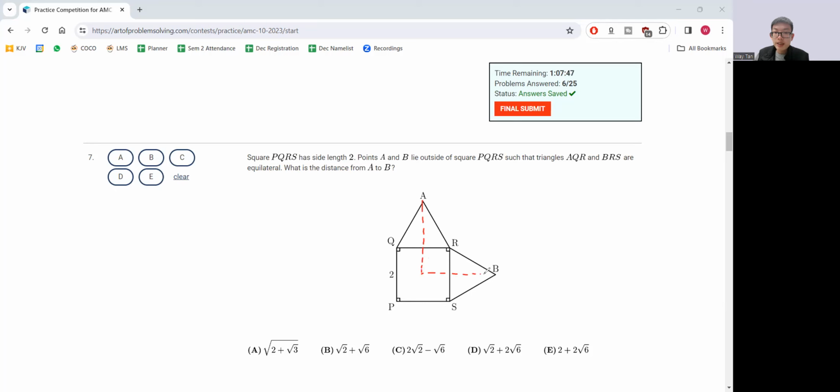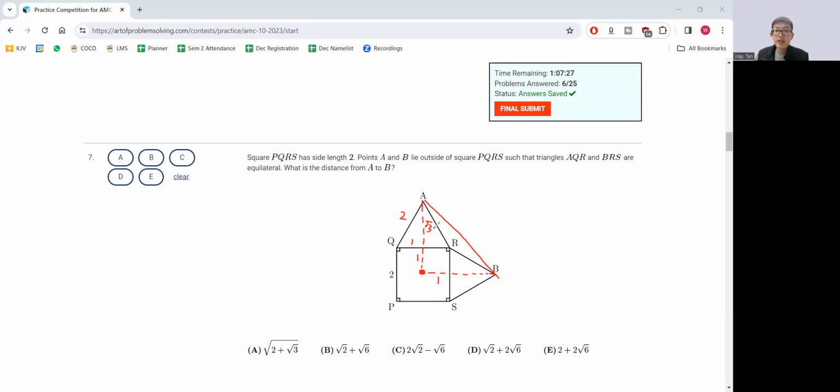So essentially, I just want this distance AB. This length here is 1 because by symmetry, this is the center of the circle. This is 1, 2, and square root 3. So the sides of